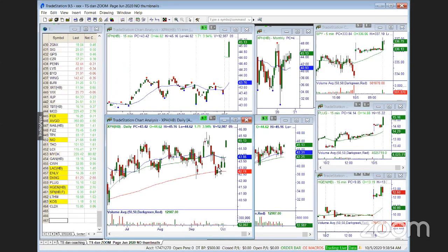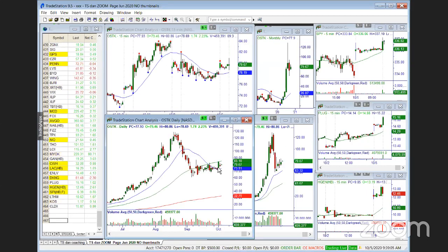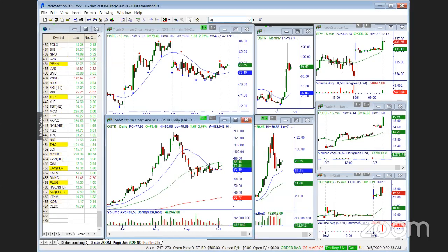XPH, yeah, there's just no pattern there. What a big hunk of mess. Overstock is, you got a put spread, it's doing nothing. At least we're back in the profitable territory on Overstock, even though it went against us. I love that. Square,